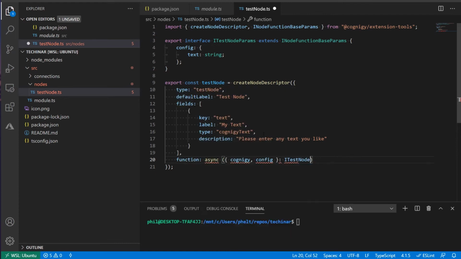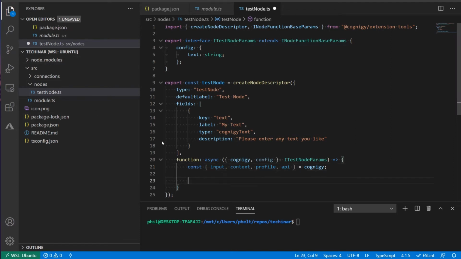I test node params. Gives us access to all the input object, context object, etc. And the config gives us access to the config itself. So here we now have the function defined. And let's extract the input, context, profile and API from the Cognigy object.